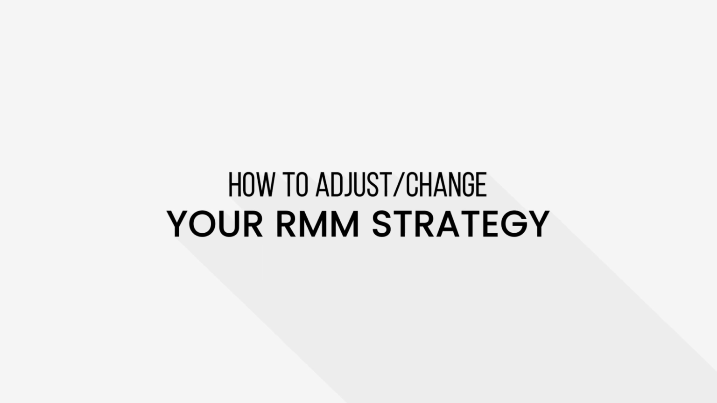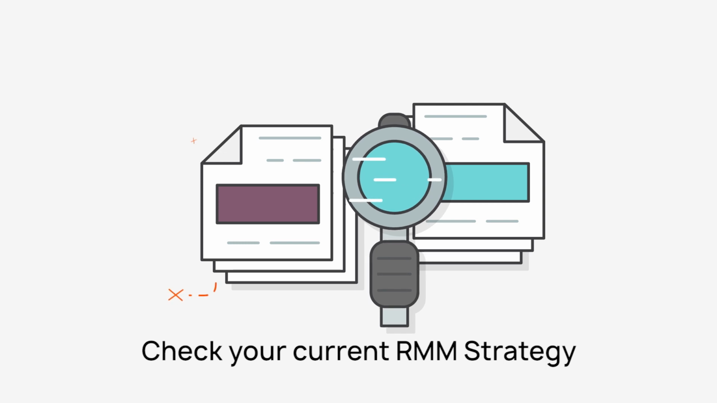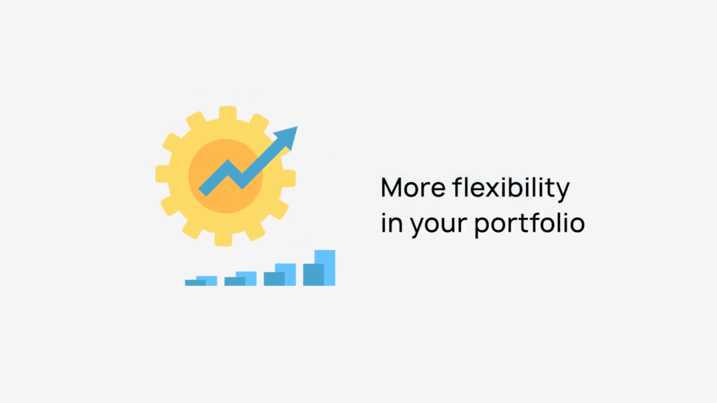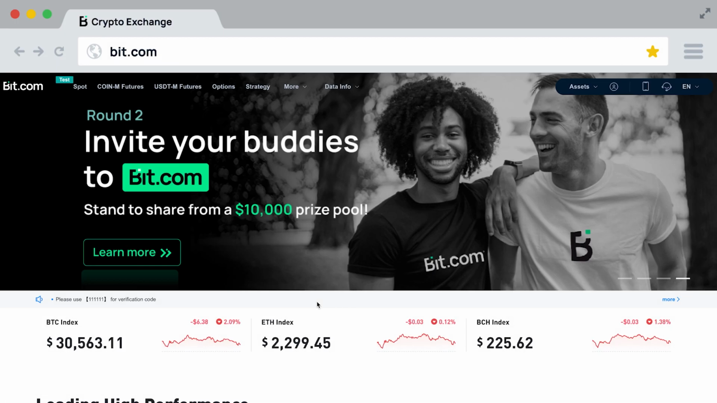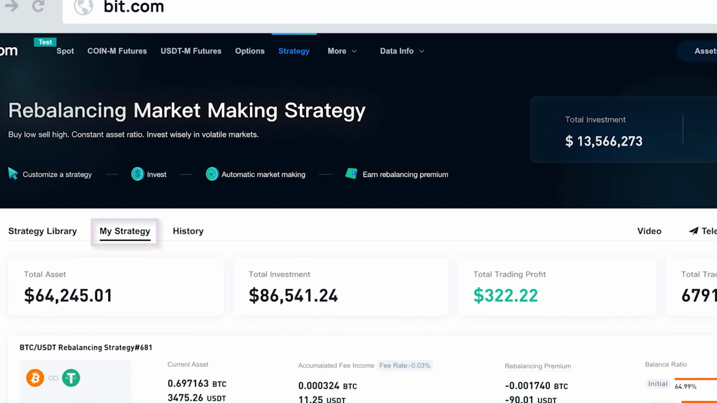How to adjust or change your RMM strategy. You can always check your current RMM strategy to see how it's performing and adjust accordingly. This provides you with more flexibility in your portfolio. To adjust or change your current RMM strategy, head to Strategy in the top menu and select the My Strategy